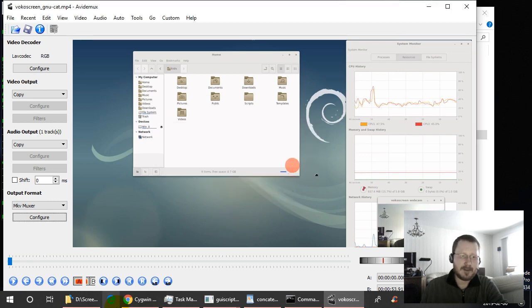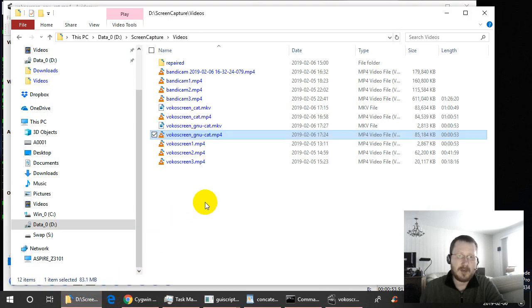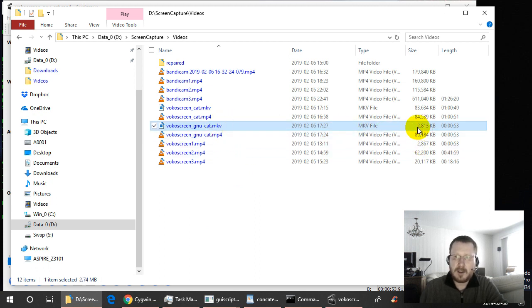Wow, that was really fast. So this method doesn't work, and I just thought of it. I never tried it before. So yeah, we ended up with a 3 megabyte file, 2813 versus 2867. So I guess the mkv file container is just a little bit more efficient than the MP4 one. But in any case, using MP4Box is a convenient way to concatenate the MP4 files. And like I said, it could be that it's no longer necessary to transcode the